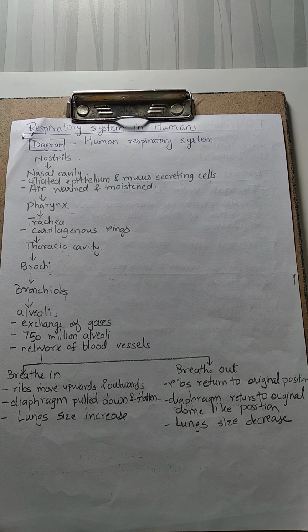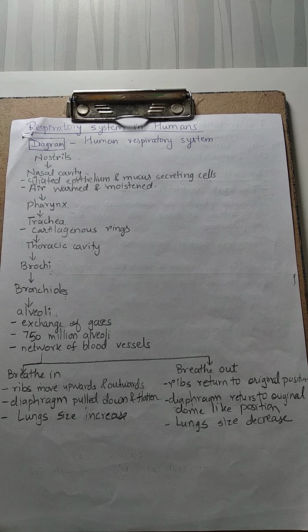While swallowing the food, a flap of skin is present at the start point or the anterior end of trachea, which is nothing but the start point of trachea. One flap of skin like structure is present which is called as epiglottis. Now the function of this epiglottis is it prevents food or water from entering into the